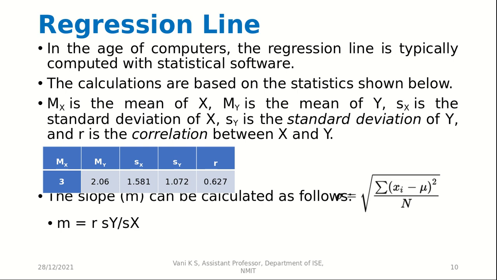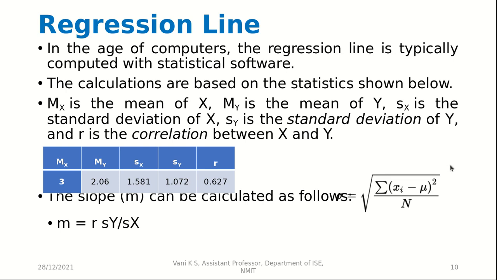Now as we all know, the standard deviation is calculated using this formula, where mu is the mean. So if we are doing xi minus mu, it means that we are subtracting the mean. Then n is the total number of data, like whatever data is there, the total number of instances, that is n. But usually if we are taking a sample of data instead of the whole population, we take n minus 1 here, and if we are taking the whole population, then we take n here. So this is how standard deviation is calculated.